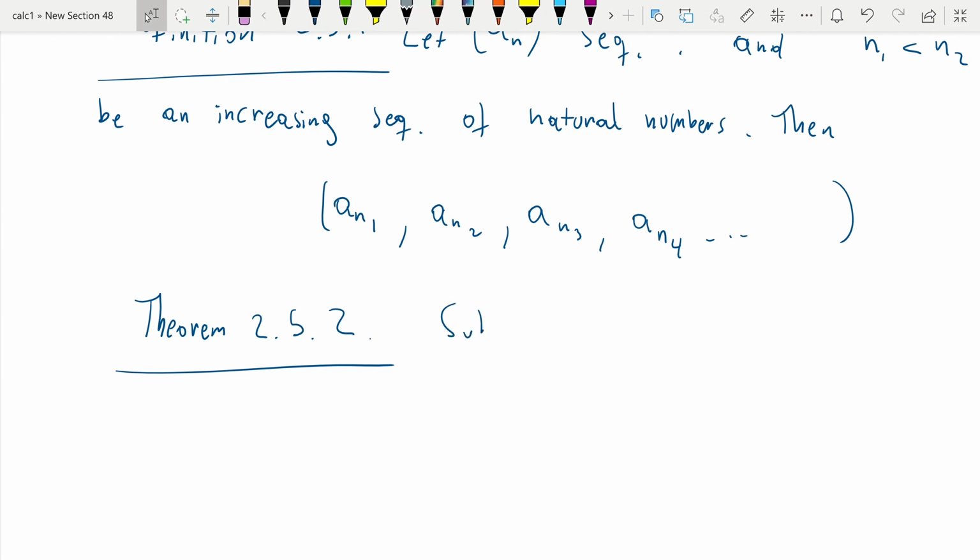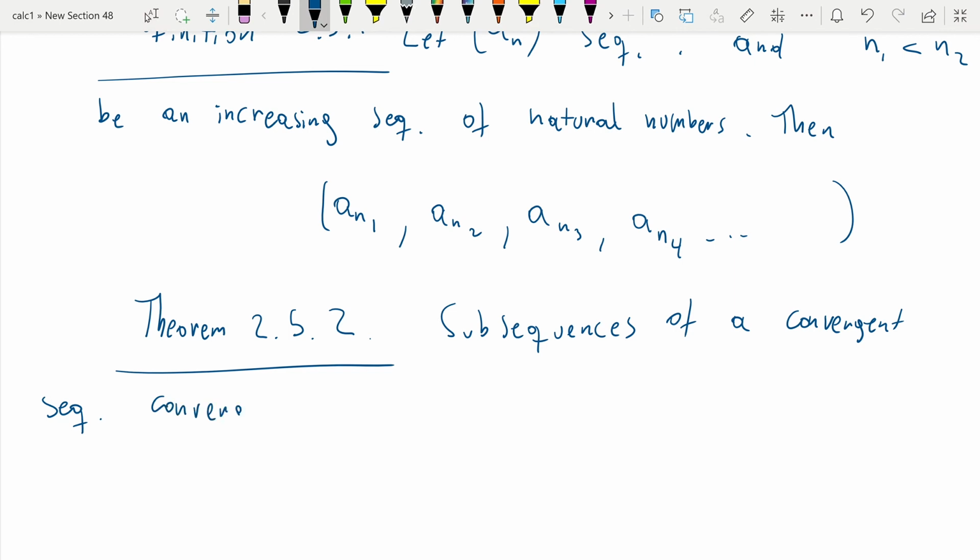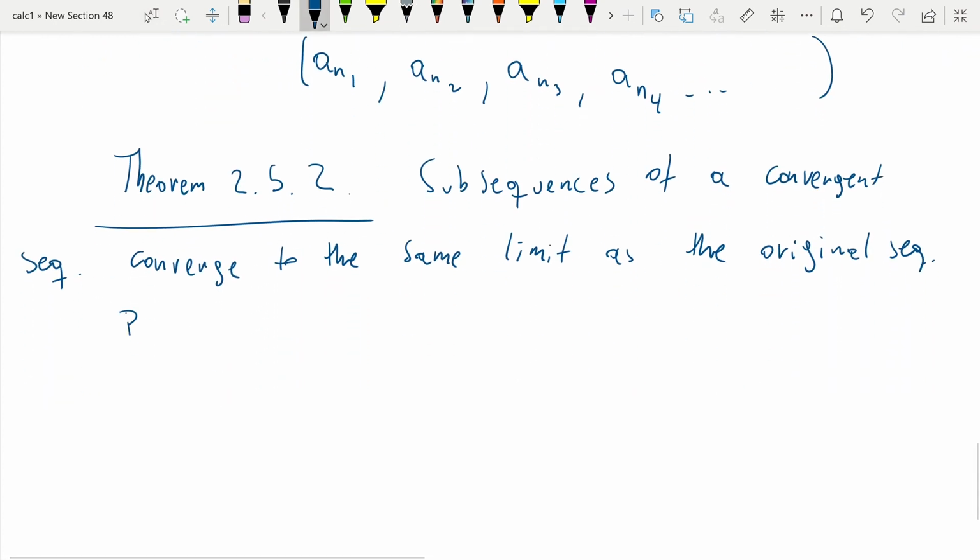So subsequences of a convergent sequence converge to the same limit as the original sequence. I'm going to leave the proof as an exercise,